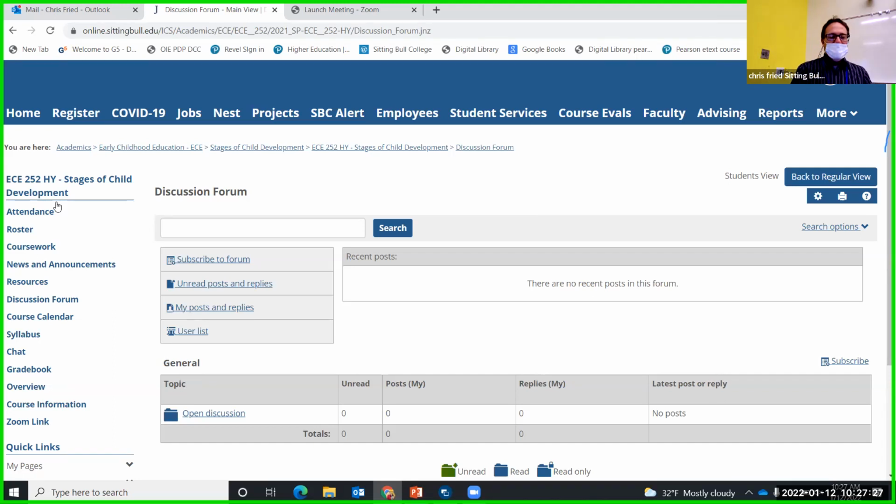Right now, I'm not going to require you to respond to somebody else in the discussion forum. We'll see how it goes. But when I put something in there, you'll make a post and respond to that question. You'll read everybody else's, hopefully. If you have something you want to share with them, or you like what they say, then you definitely can do that. It's not that you have to, but you sure can if you want to.